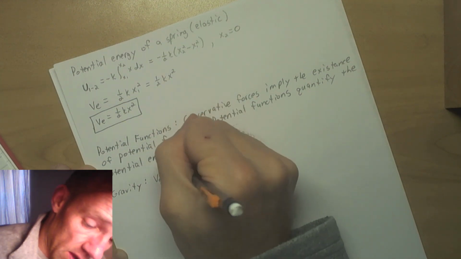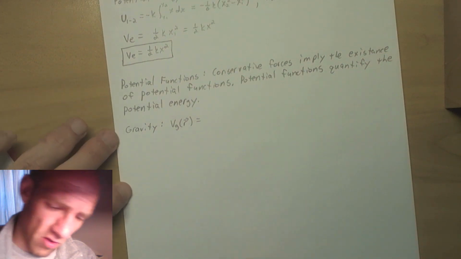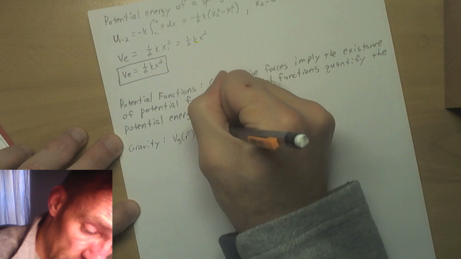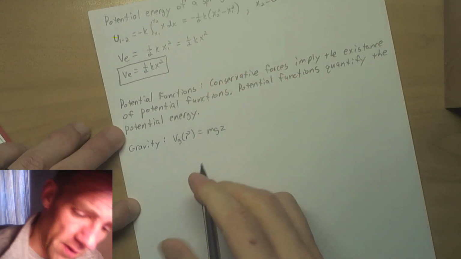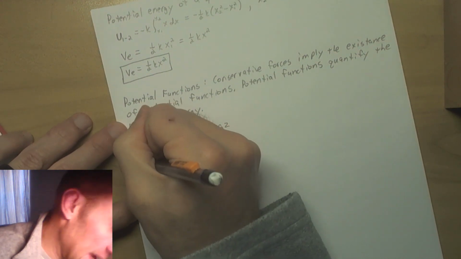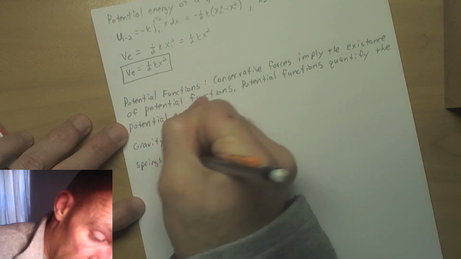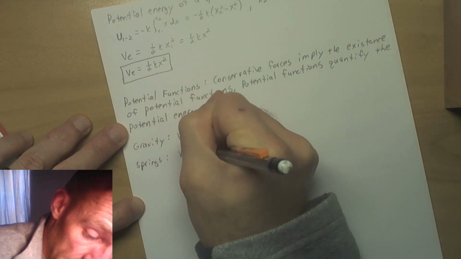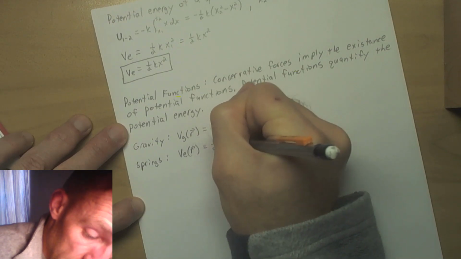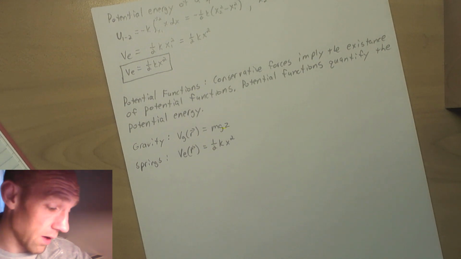So the more general case that we discussed earlier also leads to a gravitational potential function, but for close to the Earth, it's given by this. And then in the case of springs, okay,